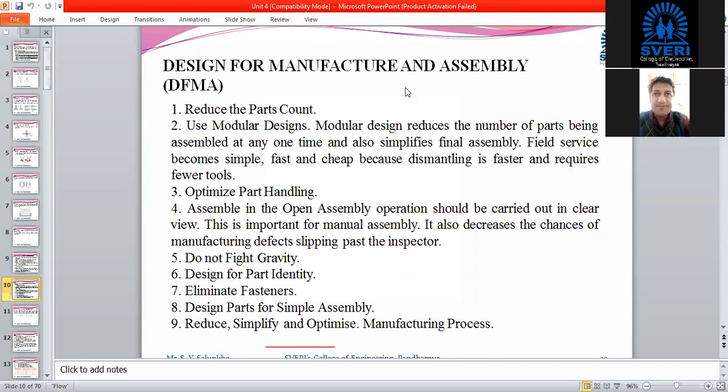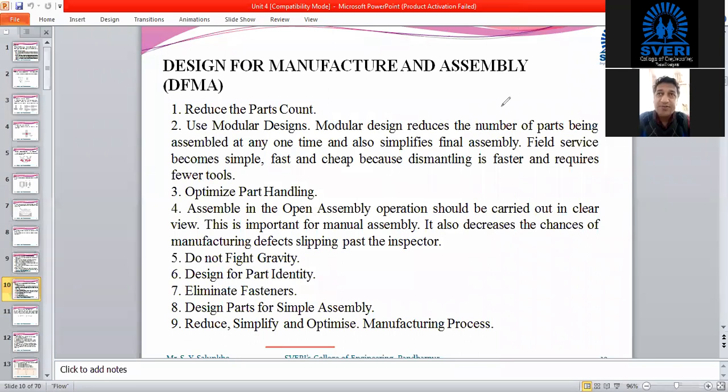Yes, okay. Now these are some guidelines related to the manufacturing process, which we have to consider at the design stage only. The main job of the designer at this stage is to find out the dimensions.